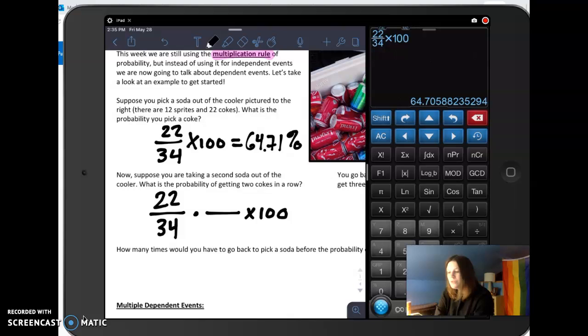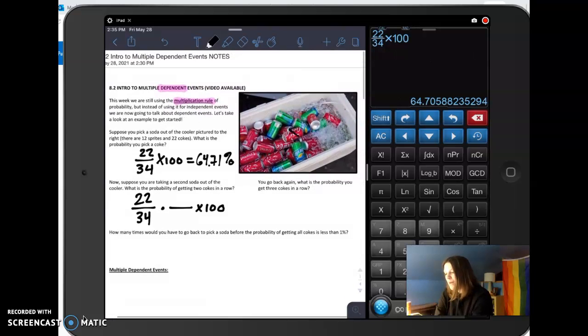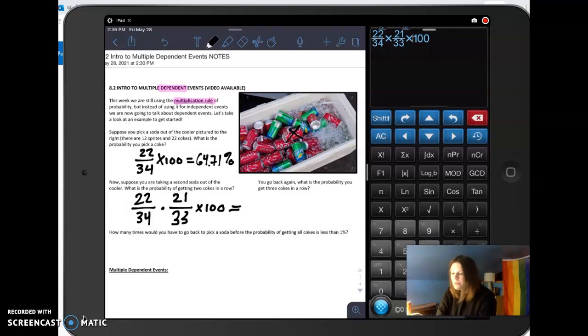So now one of those Cokes is gone. Like if we're looking at the picture, bye-bye, one of those is gone. So now there's only 21 Cokes left. And that means there are 33 total left, because once you take a Coke out, not only does it take away from the Cokes, but it also takes away from the total number of sodas. So we're going to put this into our calculator here. I'm going to cheat and just put in this extra fraction. And so it's very similar to what we were doing before, but the only thing that has changed is